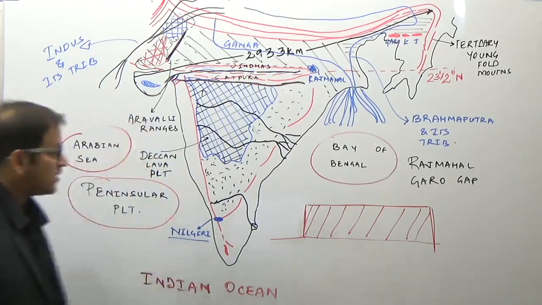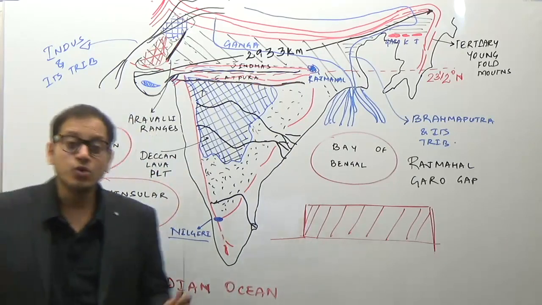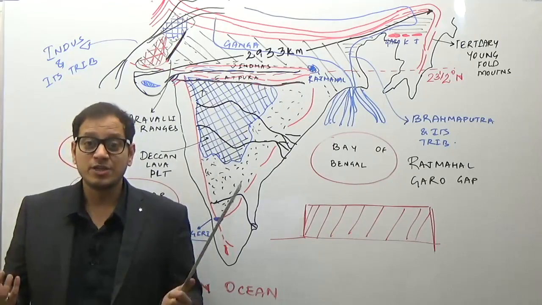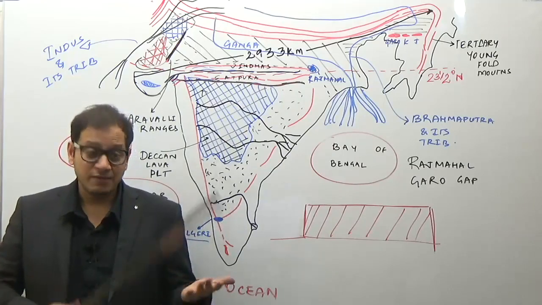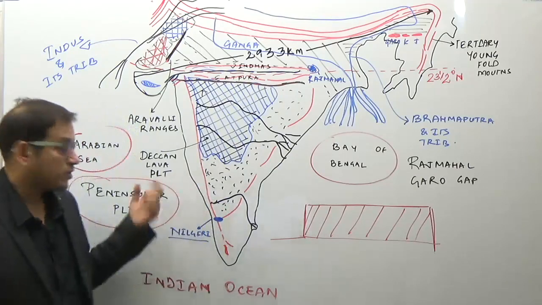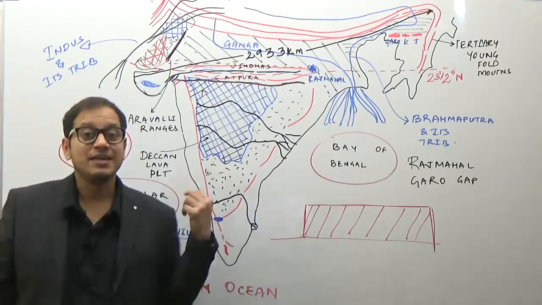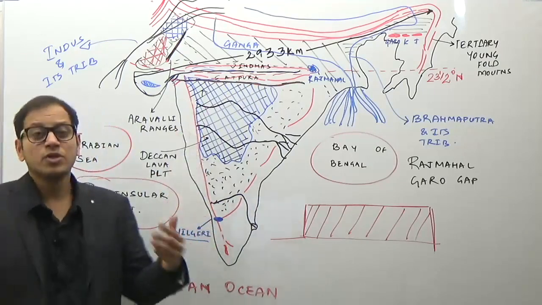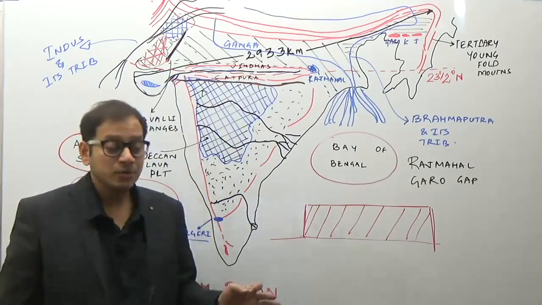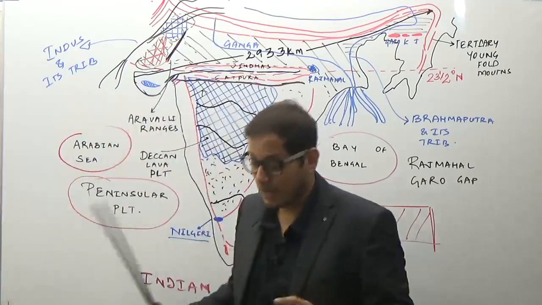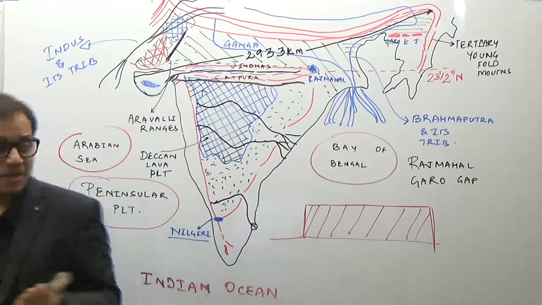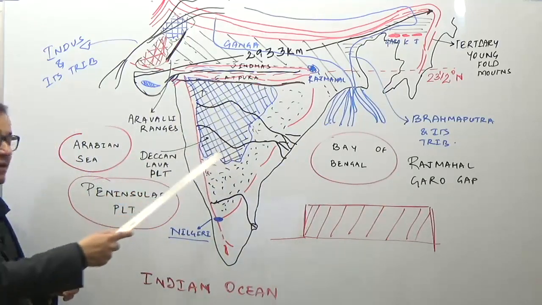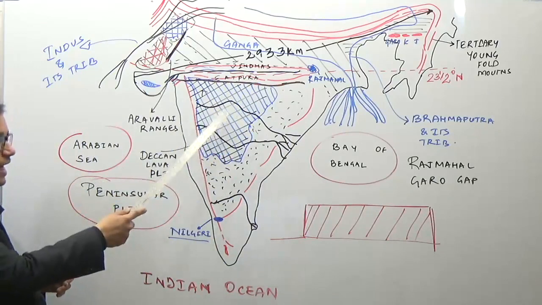So these are not the exact spellings of a plateau. So do look at the exact spellings from your books, because obviously you do not expect that I will write each and every spelling properly, because the motive here is to teach, and if I keep on writing the full forms, there is a limitation of the board. So please understand the spelling of a plateau, and I am writing PLT as a plateau. So this part of the peninsular plateau region has undergone a volcanic eruption which is known as the Deccan